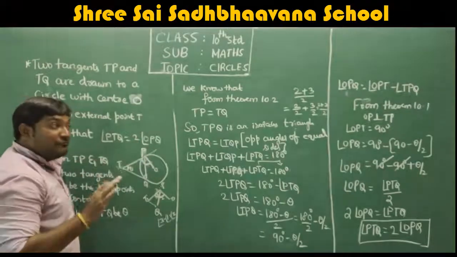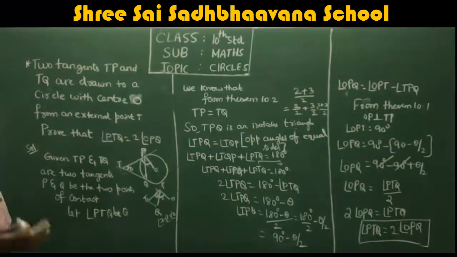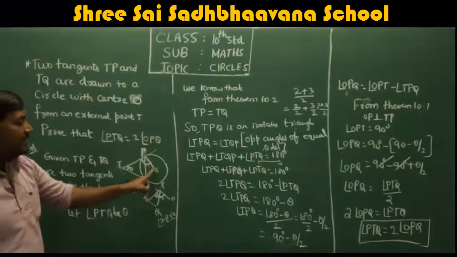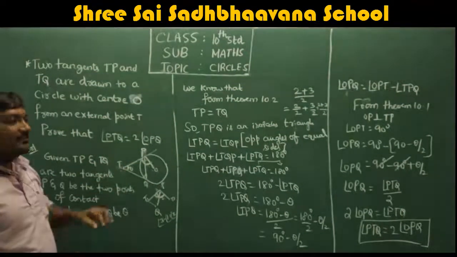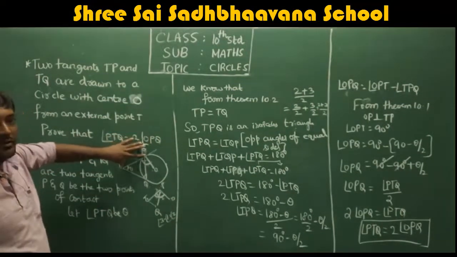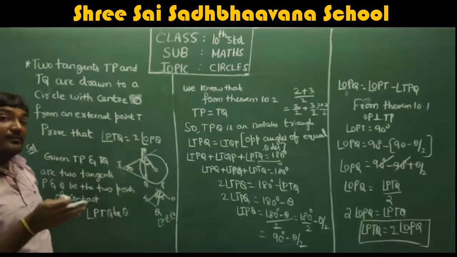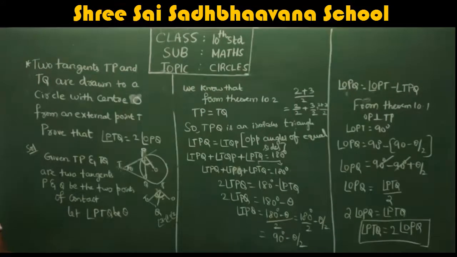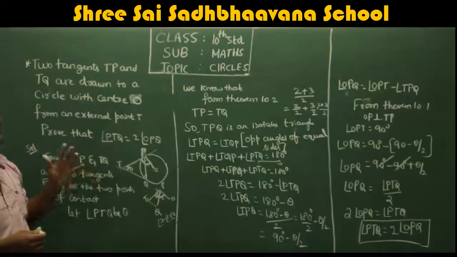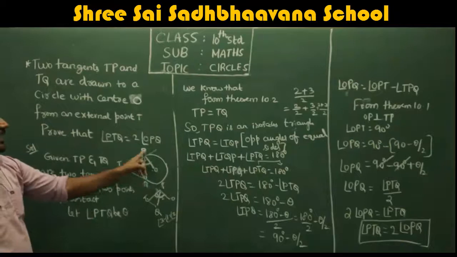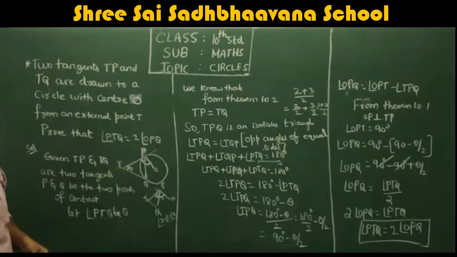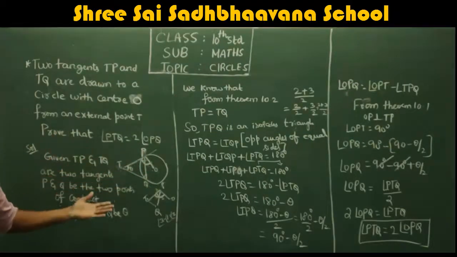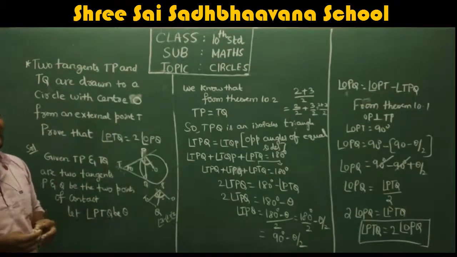And we know that from theorem 10.1, OP is perpendicular to PT. It means the radius of the circle is perpendicular to the tangent. This we already proved in theorem 1. Always it is perpendicular, that is the condition in the theorem we proved. So if OP is perpendicular to PT, definitely a perpendicular will make a 90 degree angle. OPT is an angle made by the perpendicular, so angle OPT should be 90 degrees.